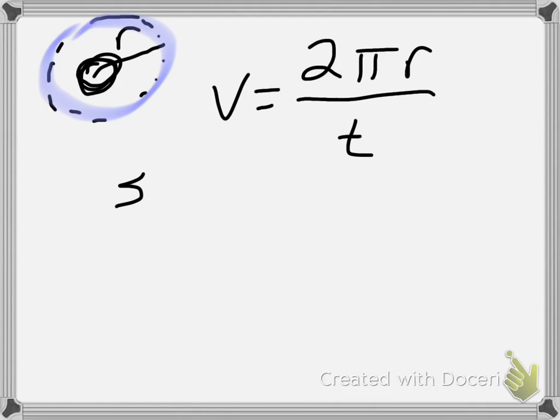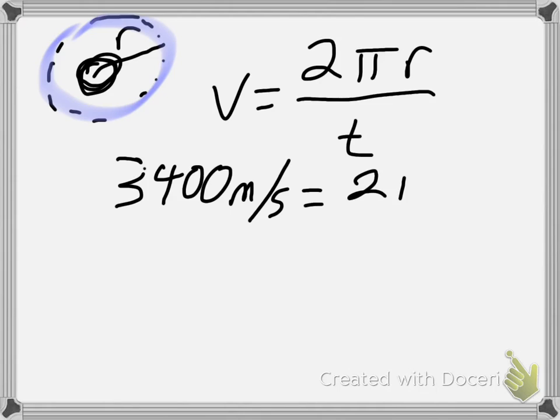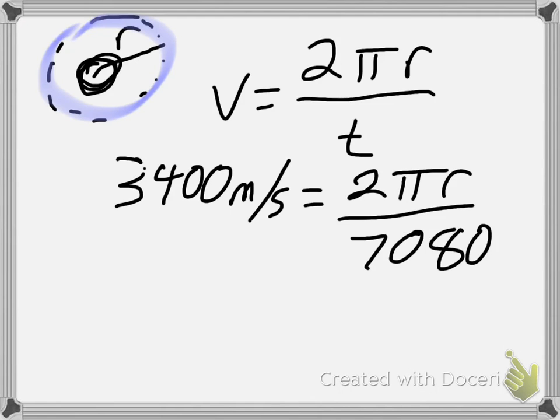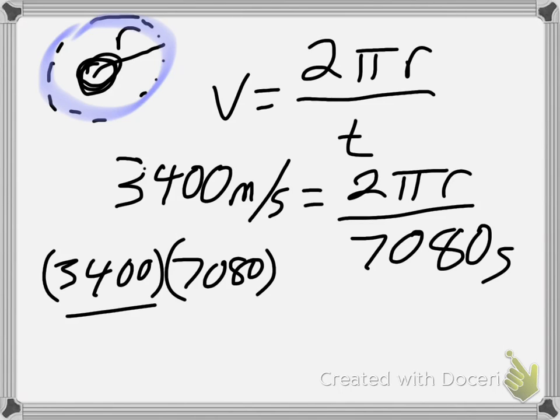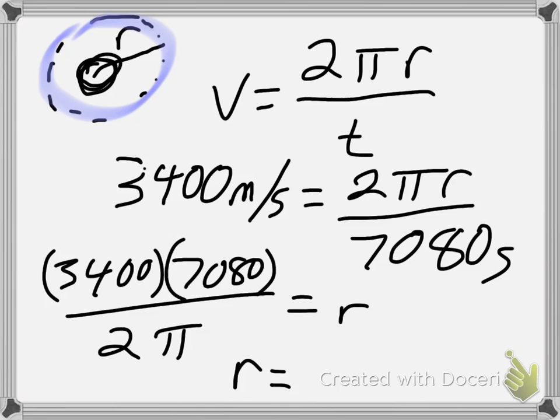So that's just going to be 3,400 meters per second is equal to 2 pi r divided by 7,080 seconds. And we just rearrange that. So 3,400 times 7,080, all divided by 2 pi equals r. And if we do that calculation, we get that the radius is about 3.83